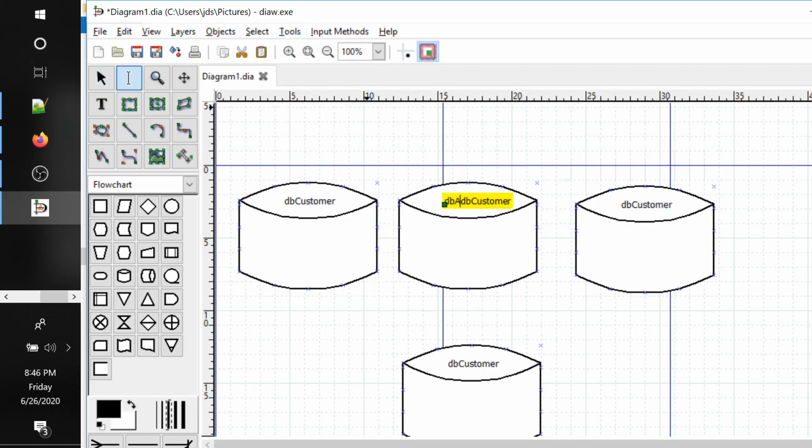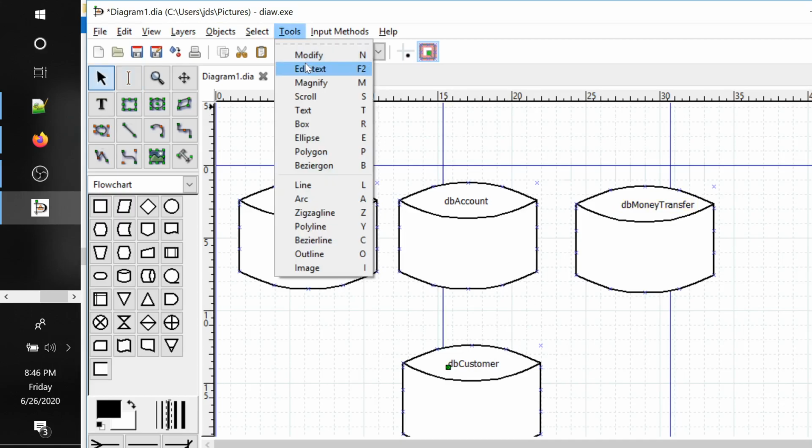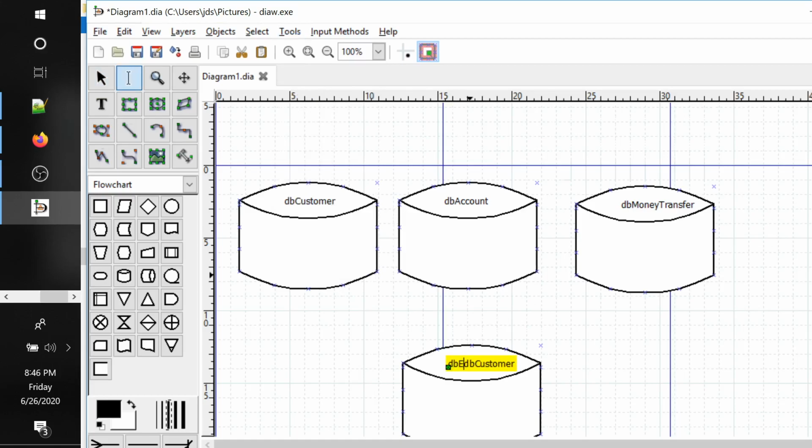This will be DB account. Tools, edit text, and this will be DB money transfer, and this will be DB event sync.